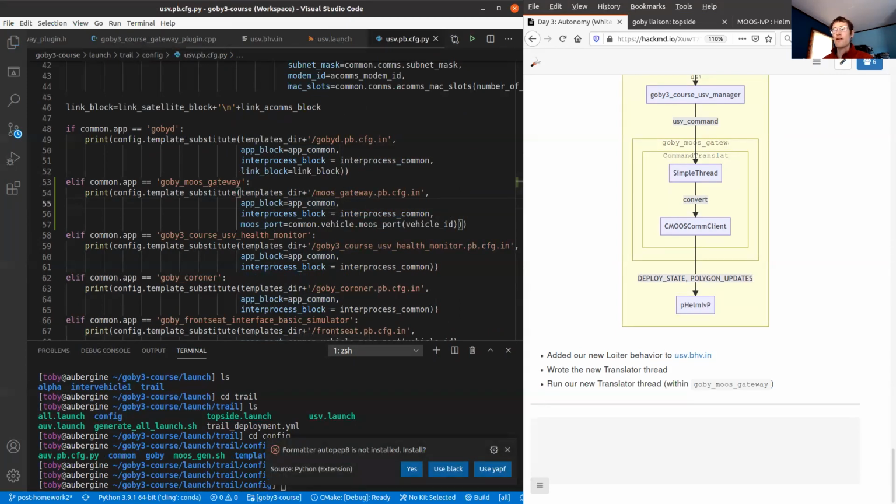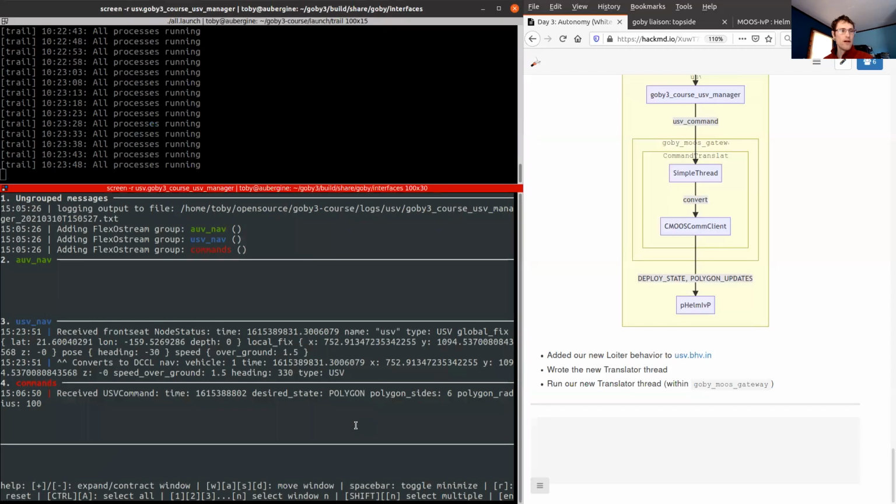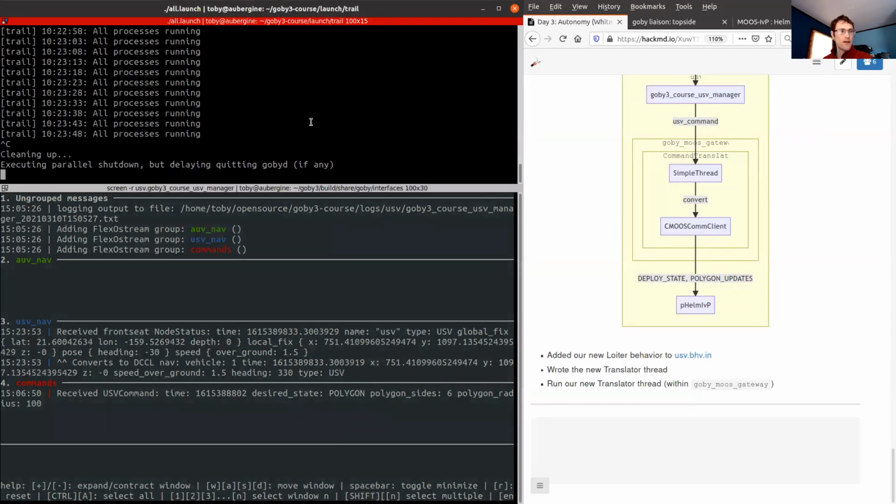Okay, so now that we've got that all working, I'm assuming I got this all right, we can rerun the topside and the USV and give it a whirl.